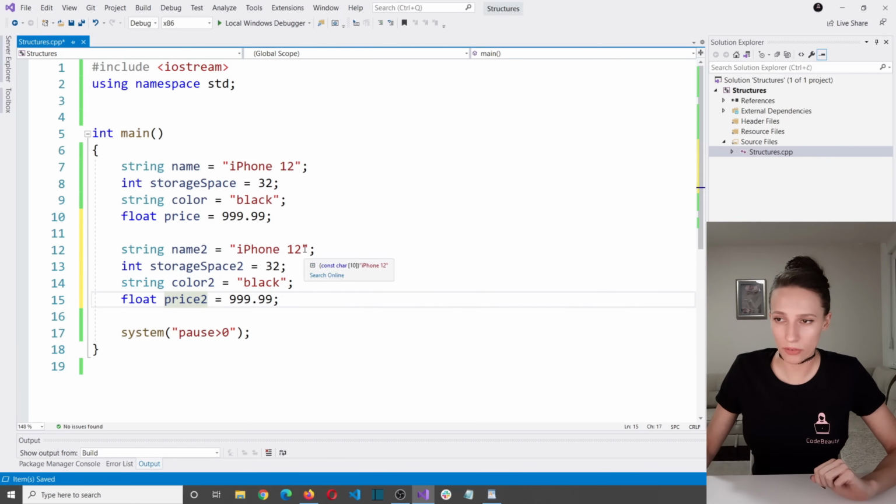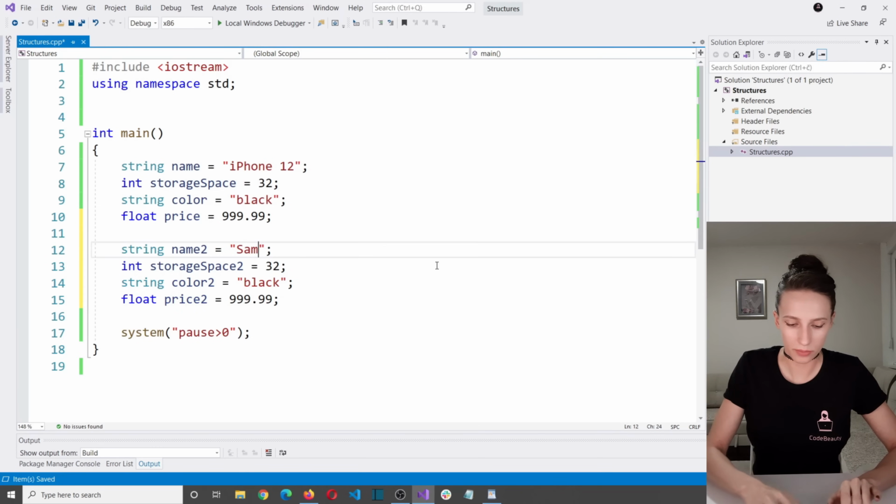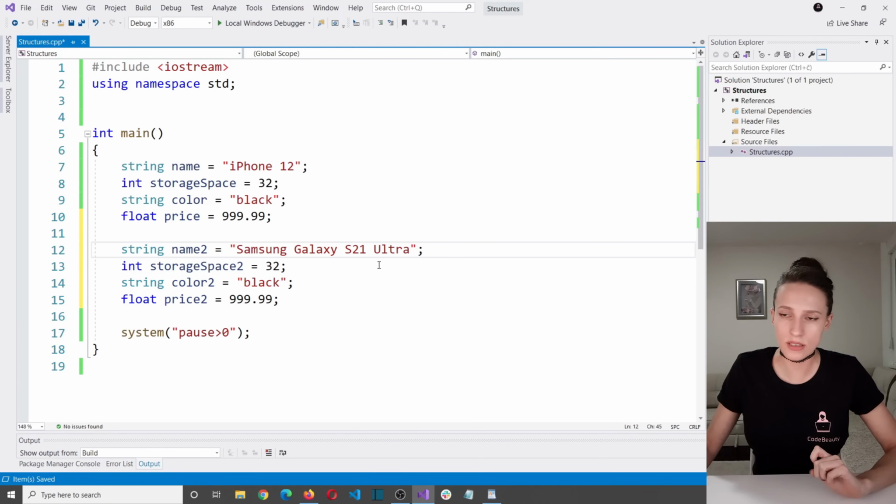Now, here, instead of iPhone 12, I will say, for example, Samsung Galaxy S21 Ultra, like this. And let's say, for example, that Samsung has 64 gigabytes of memory and it is gray, and it costs, for example,